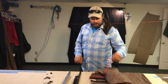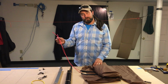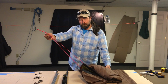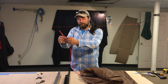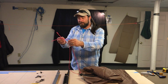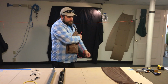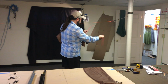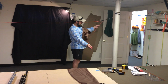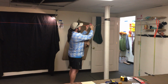Now I'm going to grab the bridge itself, and again, we've got the red head, blue foot system on the bridge. So I've got the bridge body, and I've got the two red pieces for the head side. All right, we want to keep them separated and open, but what I'm going to do is come to the head side, take the bridge, tuck it under my arm so I don't drop it, and I'm going to open them up, okay? Now I want to take this side that's away, I'm going to roll the ridge line out of the way,